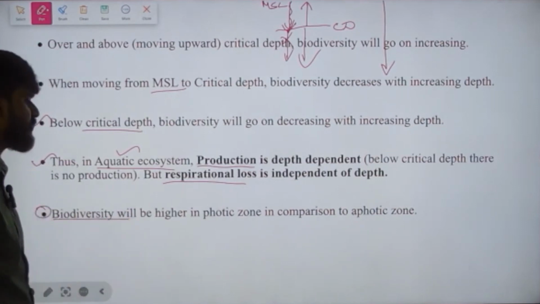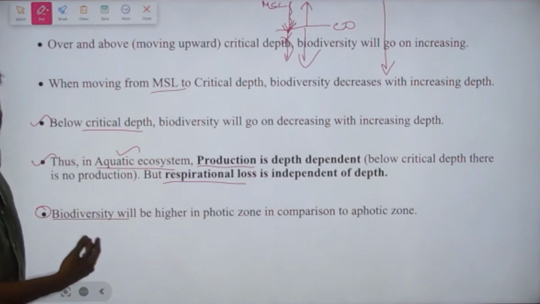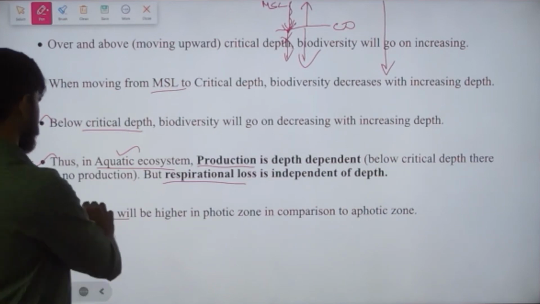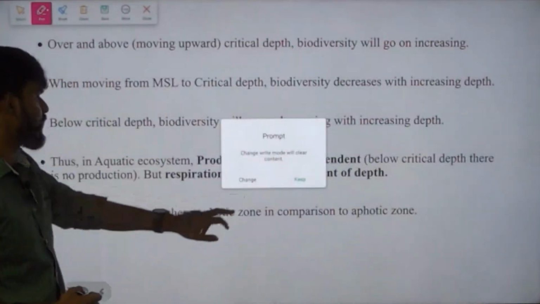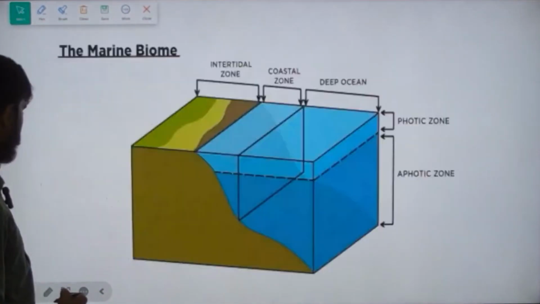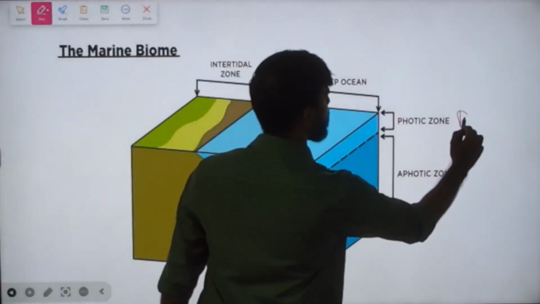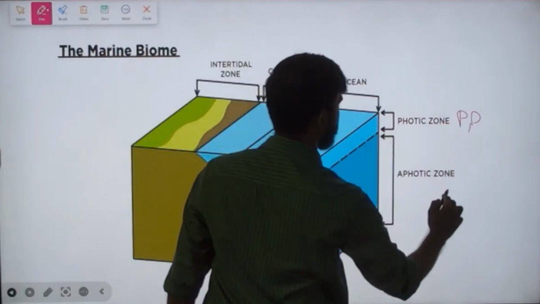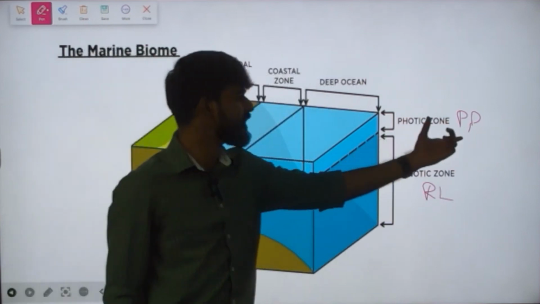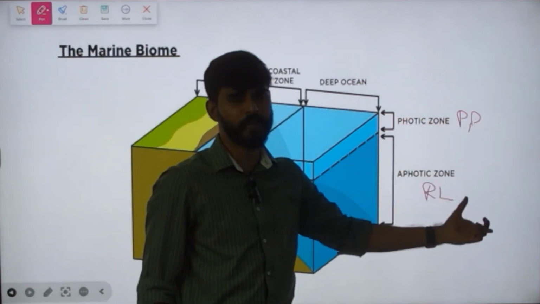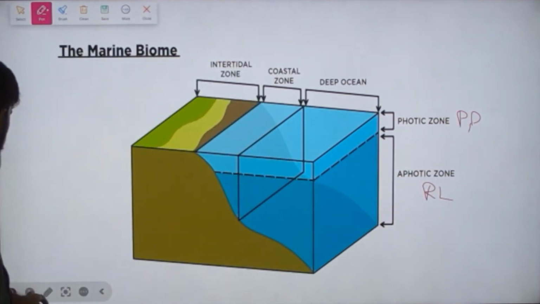Next, biodiversity will be higher in the photic zone in comparison to the aphotic zone. Obviously, even in the aphotic zone there will be biodiversity, but it will be considerably lesser. That is because primary production will be happening here. Here there won't be primary production, there will only be respirational loss. So biodiversity in this region will be much higher when compared to this region. Okay, so these are the important points which you